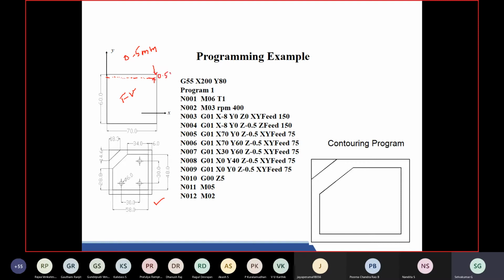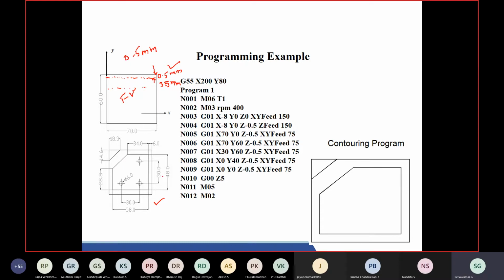mm. Supposing instead of fixing 0.5, if I want to make it 3.5, I mean this groove, the depth is 3.5, then I have to write differently. I have to run a set of blocks n number of times. Okay, for the simple case, I am assuming that this depth is 0.5. This program is written for making this one: stock removal to the depth of 0.5 mm at the top surface. That is the objective.